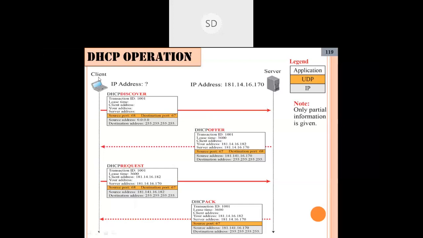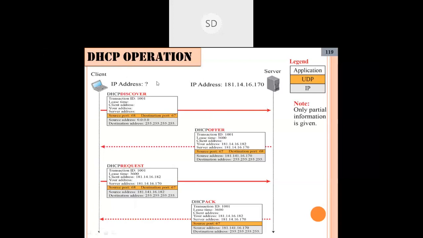Now I want to connect this particular client to a server. In the sense, the client requires a service. It has to connect to the internet. So in order to connect it to the internet, say this is one organization. Just assume this is one organization. This is the server of the organization. Now the client has to communicate to the internet. In order to do that, there should be a connection established from this client to the server. So in order to establish a communication, the DHCP concept is used. DHCP is nothing but dynamically an address will be assigned to this particular client. The server will assign an address to the client, and after that the connection will be established and then the communication will take place. That is the basic principle.